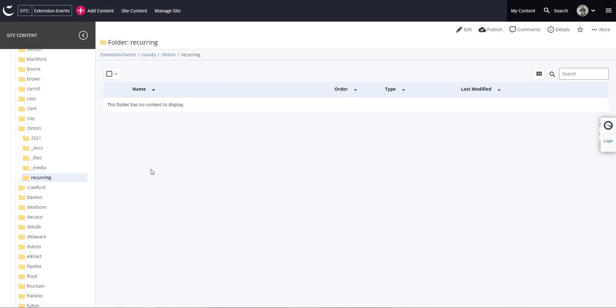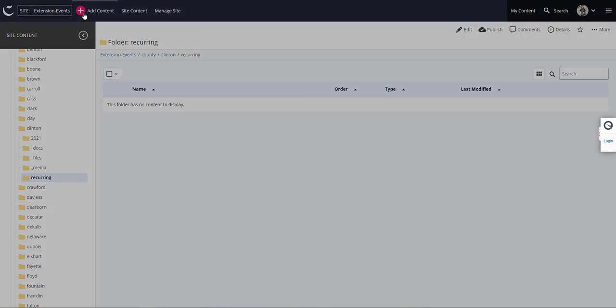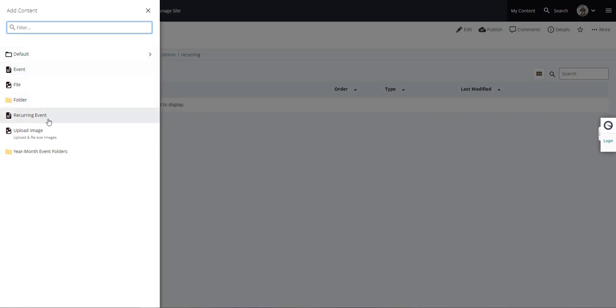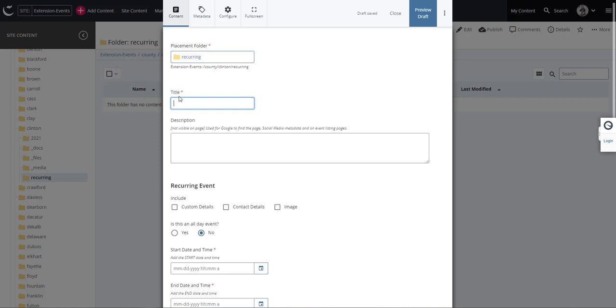After you're in the Recurring Event folder, you will select the pink Add Content button at the top left. It's important to pick the recurring event form when you are adding a recurring event. The title is the entire name of your event. The description of your event is about 1 to 3 sentences that is going to help Google find your event. I like to start off by saying Purdue Extension, the name of the county, and then a brief description of